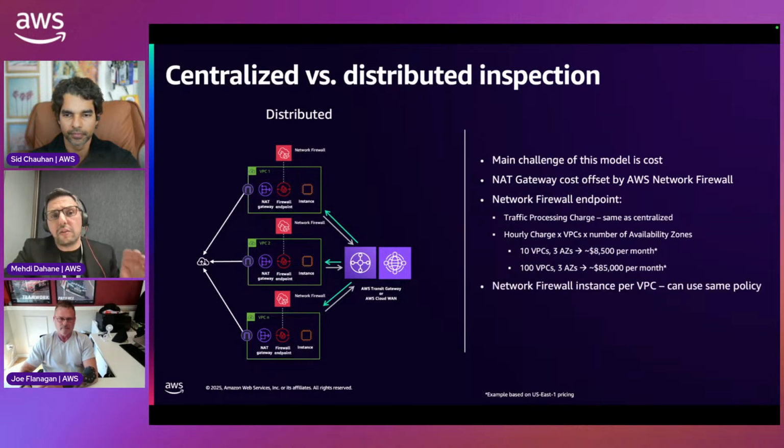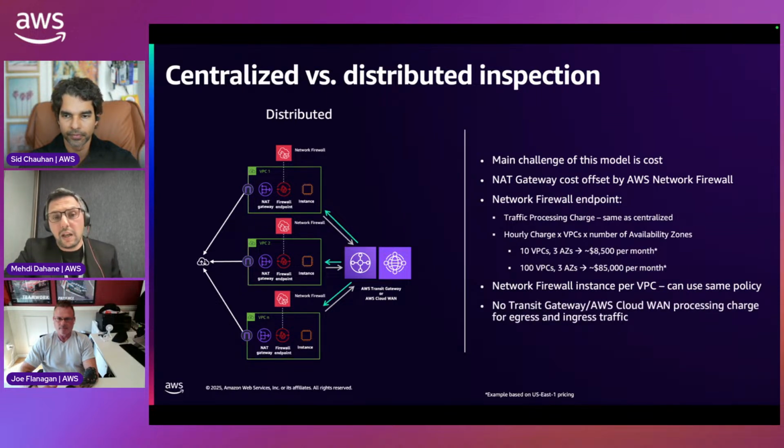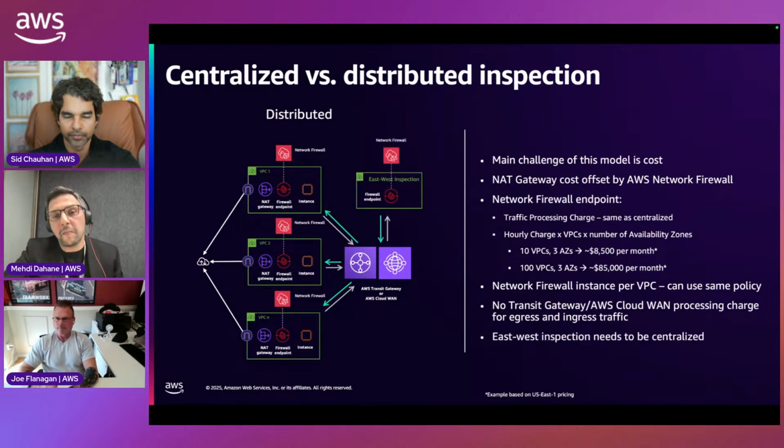The other thing with this distributed mode, something I wanted to point out, is that each AWS network firewall is an instance by itself. So you're going to have multiple firewall instances. This is not a big problem because you could apply the same policy across a number of firewall instances. A benefit of this approach is that you're not sending any of your internet traffic through your transit gateway because it's not centralized. So you're not paying that cost of the transit gateway. However, if you want to do east-west inspection, there is no really efficient way of doing it with distributed model. You still have to centralize the